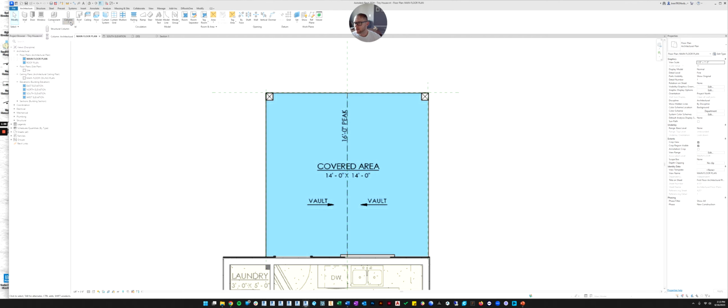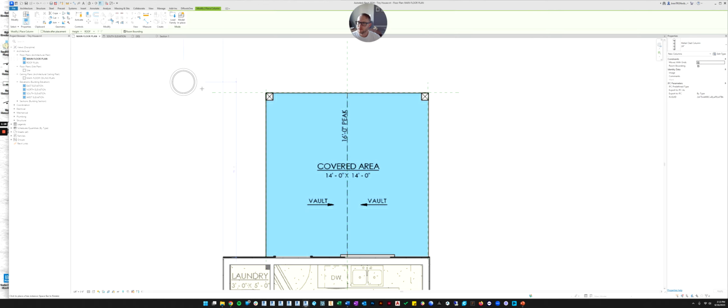Let's see what we have already in here. If you go to a structural column, let's go to an architectural column actually. So you go up to the architectural ribbon, under the column command, click the arrow, and we'll do architectural column. This looks like a crazy big column. We probably don't need that. Let's see what else they have loaded in here. 18 by 18. These are really big columns.